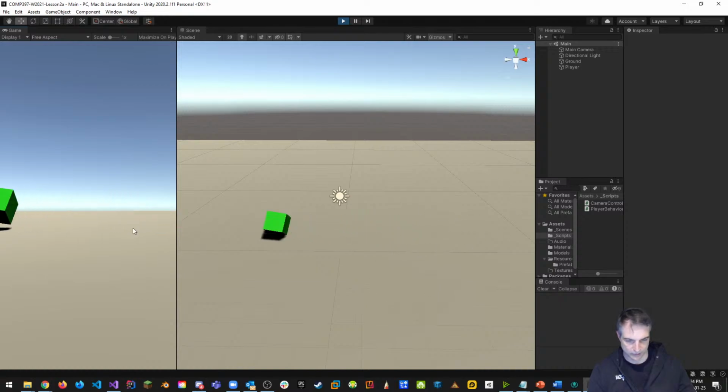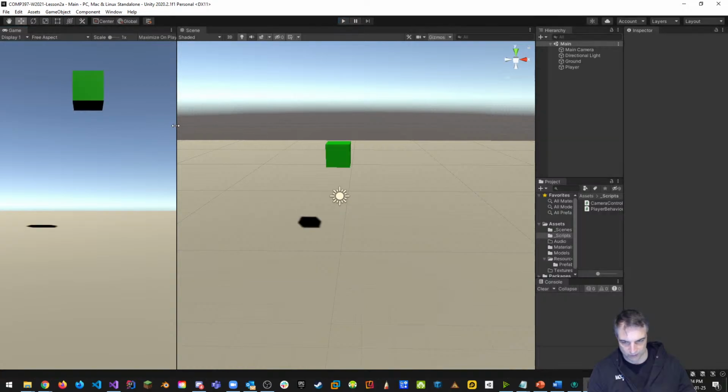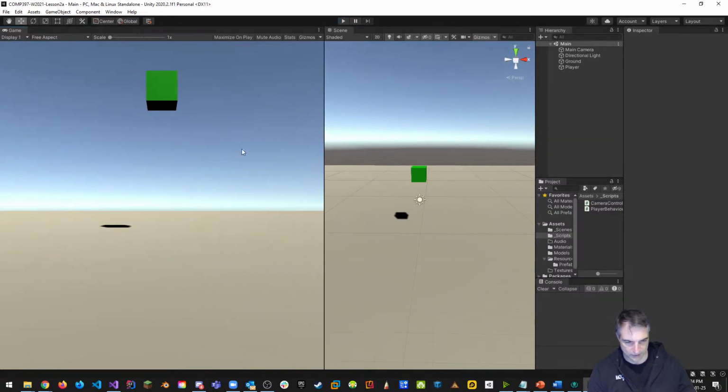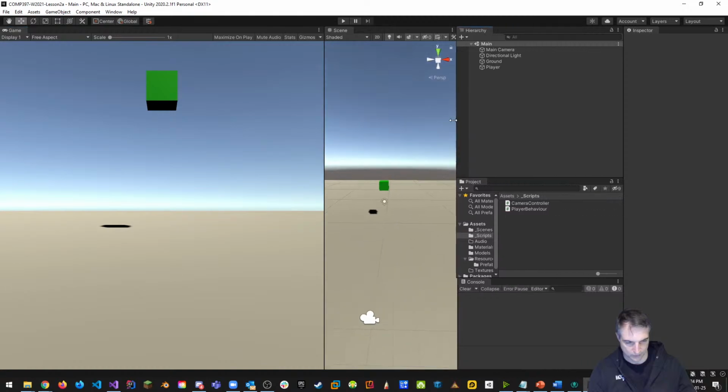So if I move my cube left and right, it's kind of spinning like this because there's friction on the ground. There's a default friction amount, and the friction's causing my cube to turn and spin like this, right? So let's change that. Okay, so what I can do, and this is inside of Unity, not scripts,